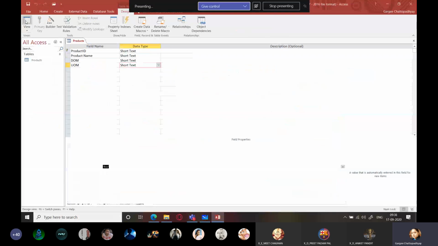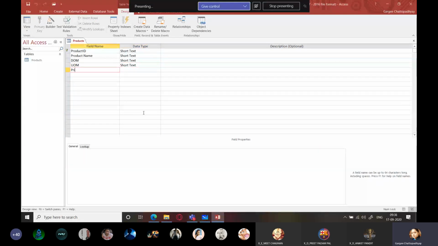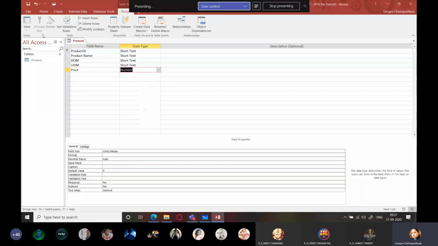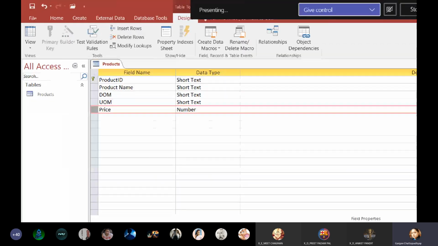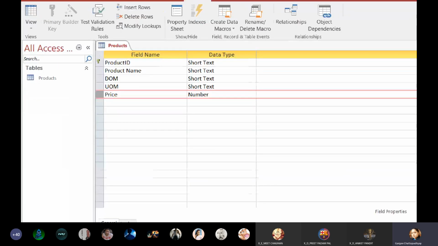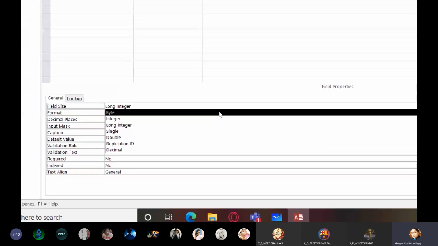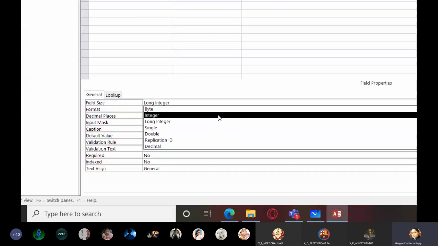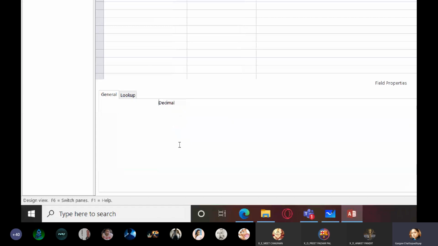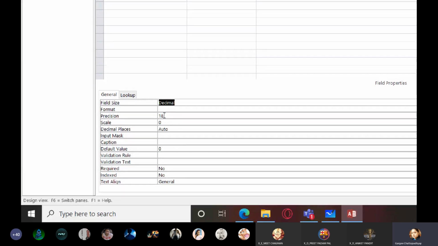If I write here price and I take it as number. Okay. So you have something that is firstly field size. So field size, if it is like price, you can take it in points also. So you can take decimal, right? And precision, how many digits after the decimal?